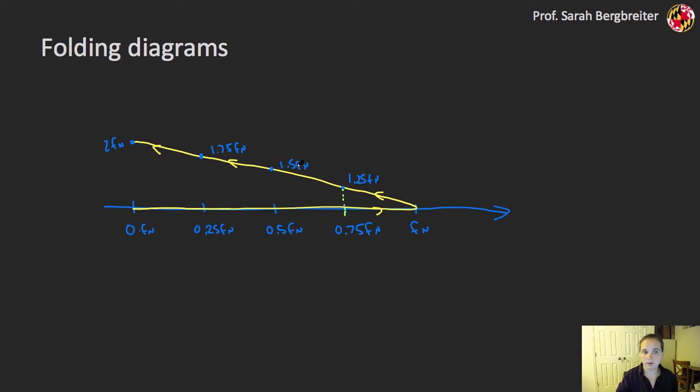If I'm at 1 1/2 times my Nyquist frequency for my original signal, I will have a signal in my sampled signal that looks like half that Nyquist frequency. And the same for 1 3/4 will look like 1/4 of the Nyquist frequency, and 2 times the Nyquist frequency, if I have a sinusoid at 2 times Fn, it will look like I have 0 frequency content in my